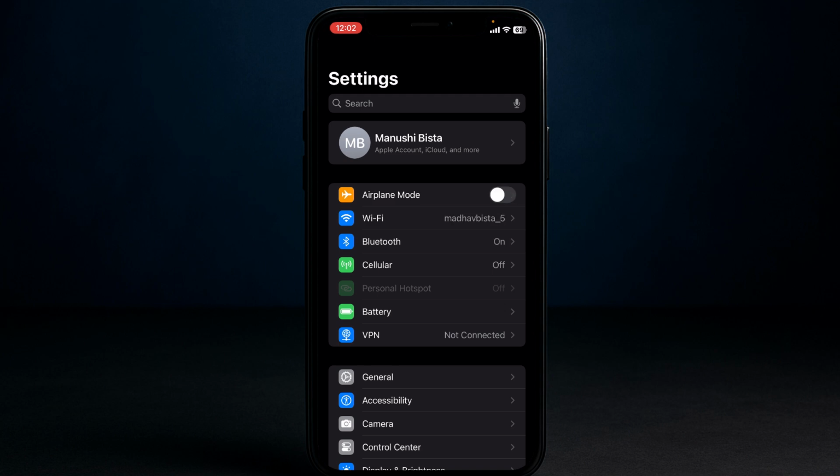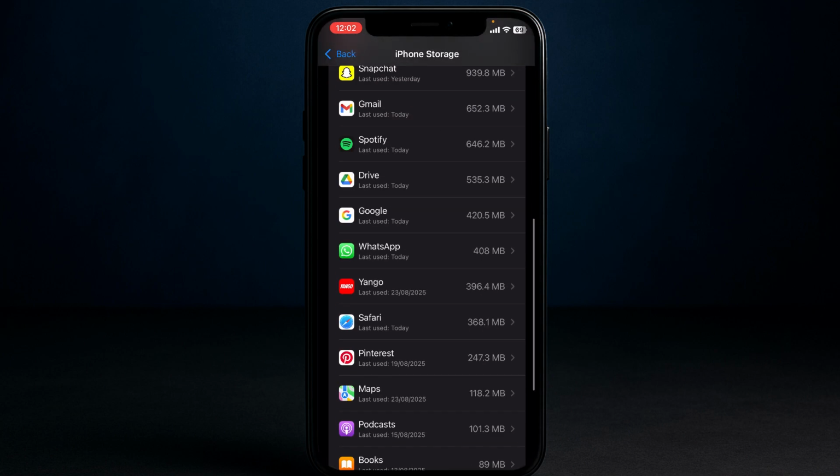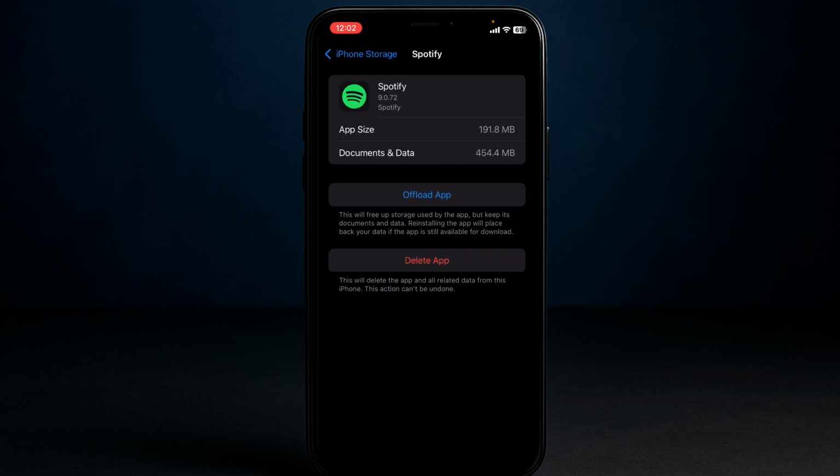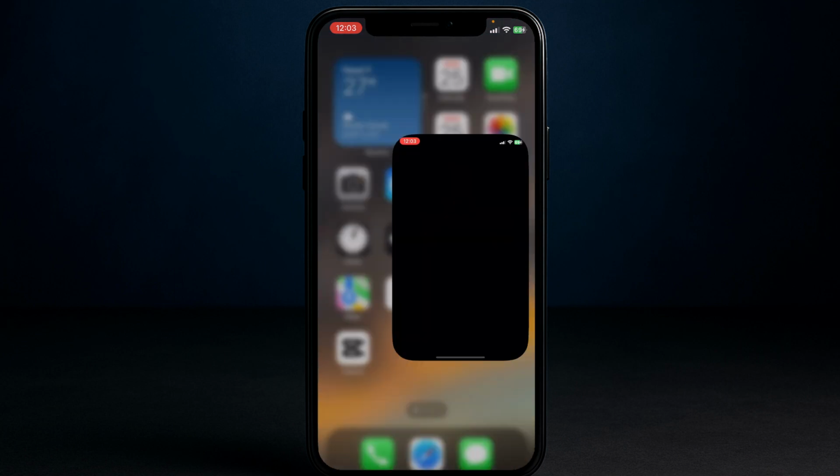Go ahead and open your settings app and then search storage. Scroll down and click on the option of Spotify. Next, just hit the option of offload app. This will free up storage used by the app, but it keeps documents and data. Reinstalling the app. Next, now if that also didn't help, go ahead and open your App Store or Play Store